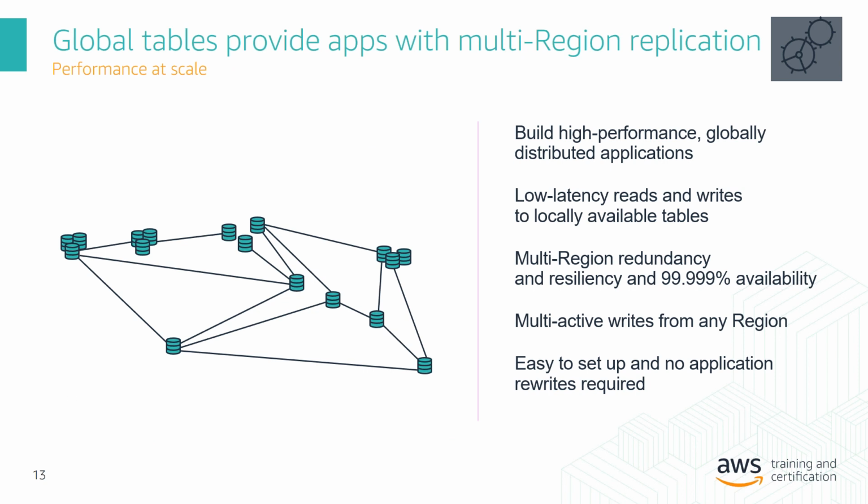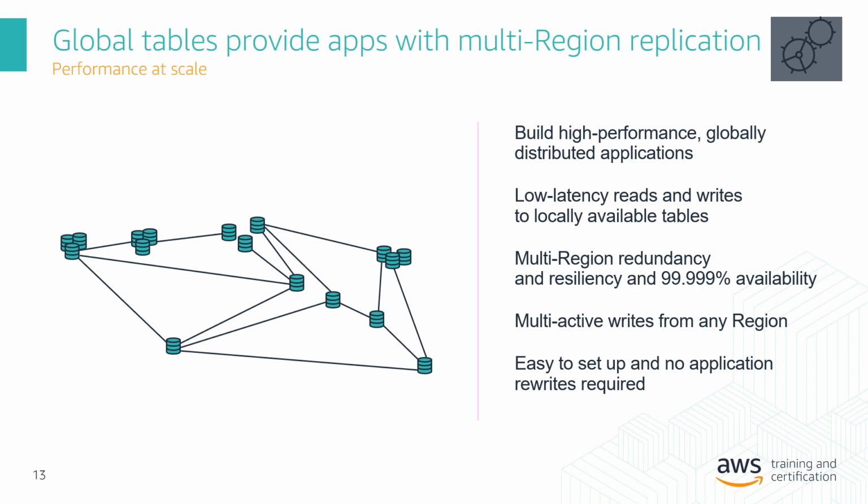Another important feature that we have with DynamoDB, which helps scaling, is the global table feature. So in a nutshell, global tables, it's built on DynamoDB's global footprint, which means that DynamoDB is deployed across the 25 AWS regions right now. And it provides you with a fully managed multi-region and multi-master database that provides fast, local, read and write performance for massively scaled global applications.